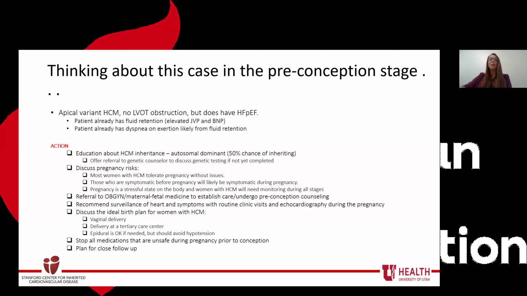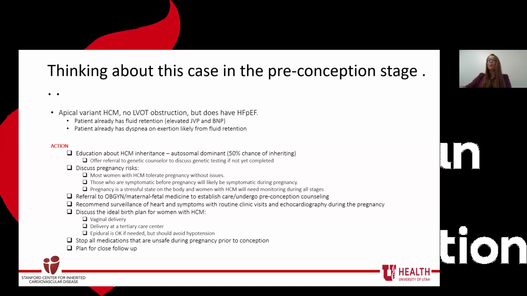For all patients who have HCM or are considering pregnancy, education here is the biggest part. We tell them about inheritance. For her, she chose to do in vitro fertilization, but for all patients, we want to talk about the chances of the child possibly having HCM. For the most part, it's an autosomal dominant inheritance pattern, so there is a 50% chance that all first degree relatives will have this disease as well. So any child could have HCM 50% of the time.